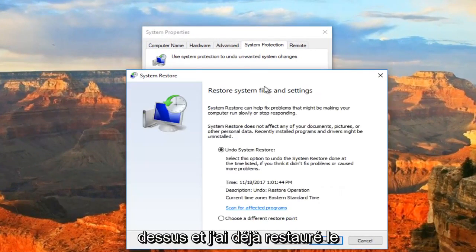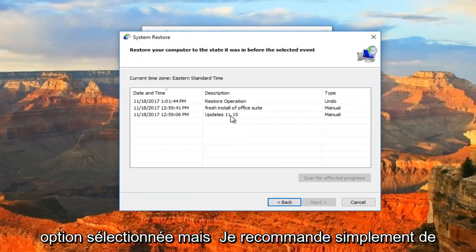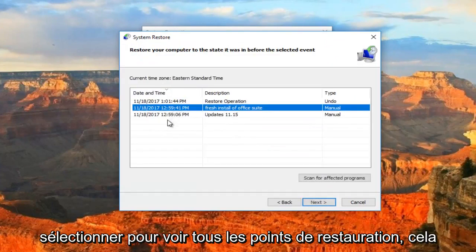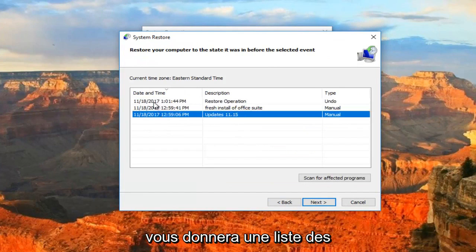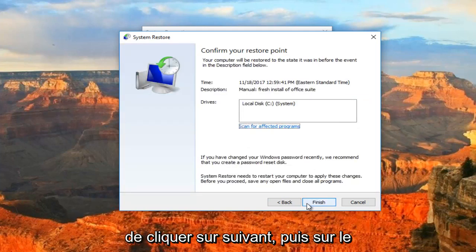You want to left click on it, and I've already restored the system back, so that's probably the first option selected, but I recommend just selecting to see all restore points. This will give you a list of the restore points that are on your computer, and I would recommend going back to the most recently created one and then proceeding to click on next and then click on the finish